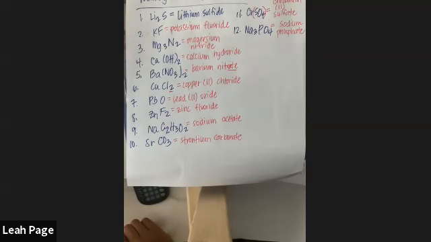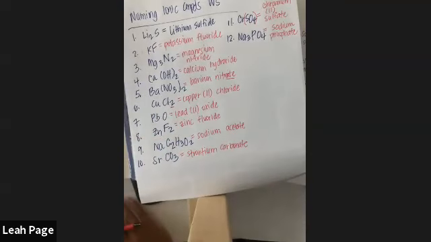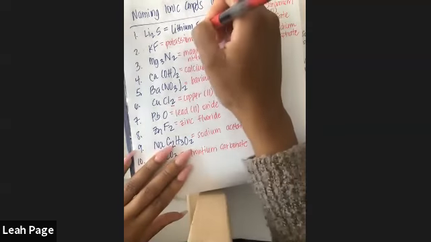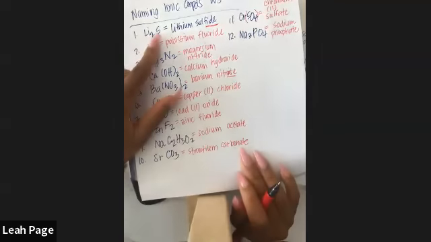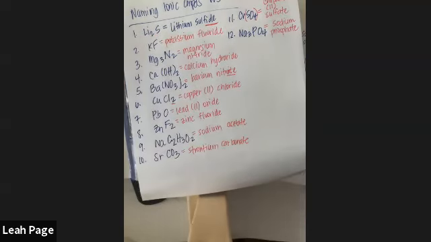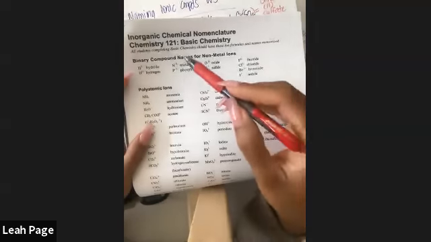All right. Yep, go ahead, Adriana. Good question. How would I know between number 1, that it's just lithium sulfide, and then number 11, which is SO4 and it's sulfate? So this one ends in IDE, and anytime it's in IDE, it's just that non-metal. Like sulfur, when you write it as a name, you say sulfide. So remember here on the top of this polyatomic ion sheet, I give you the names of the non